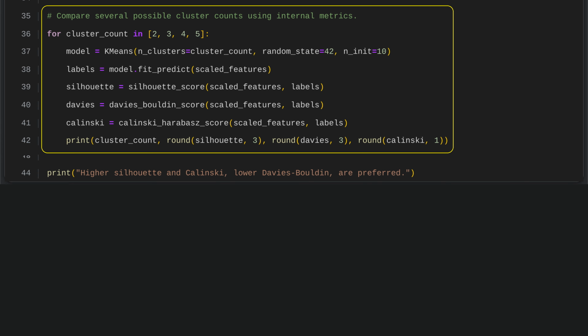We compare K-means clustering with 2 through 5 clusters by fitting each model to the scaled features and predicting labels. For each option, we evaluate performance using 3 internal metrics: Silhouette score, Davies-Bouldin score, and Calinski-Harabasz score. Higher Silhouette and Calinski-Harabasz values and lower Davies-Bouldin values indicate better clustering, so printing these scores helps compare the cluster